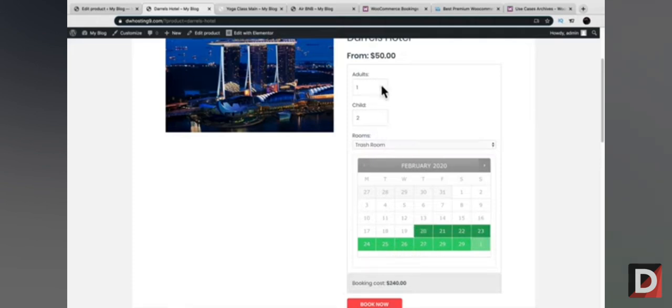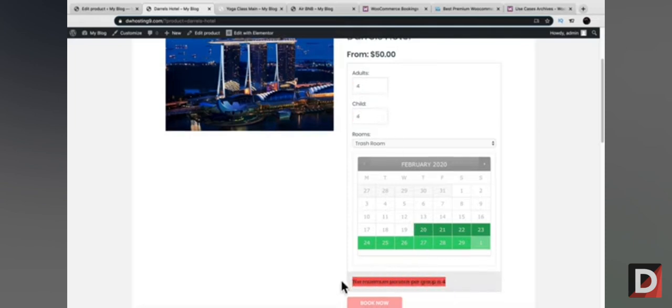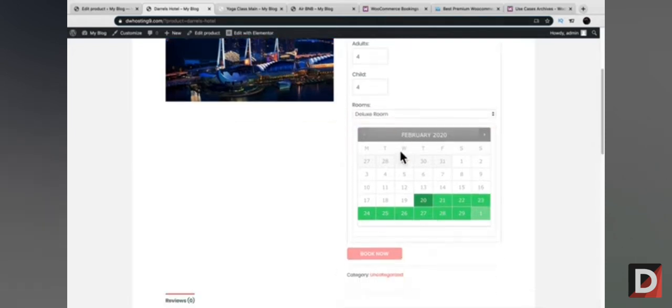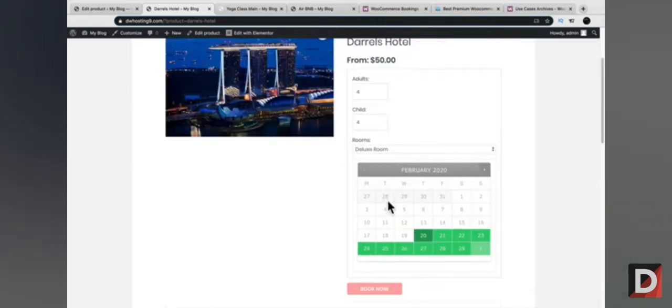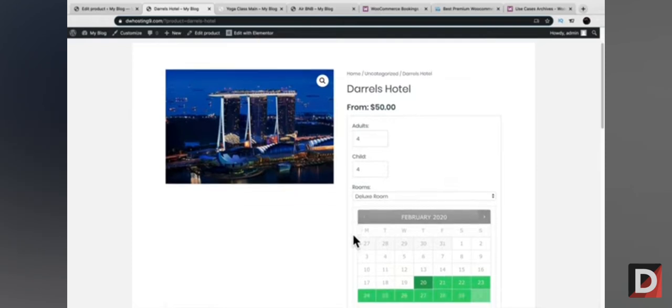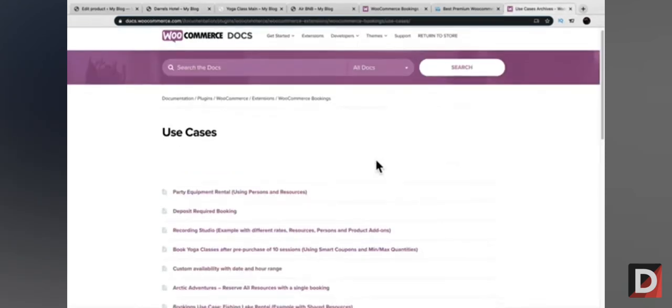Now let's just take a quick look at whether I can book a lot more people. You see how it says the maximum booking is 4. So that's basically saying that there can't be more than 4 people in this room. If they're renting a suite, maybe we can hook them up if they're getting a suite. But for the average person right there, that's basically going to be it. So WooCommerce actually has some really good documentation